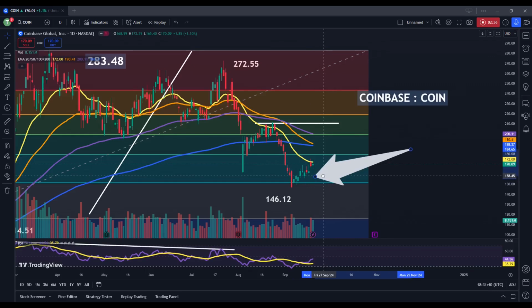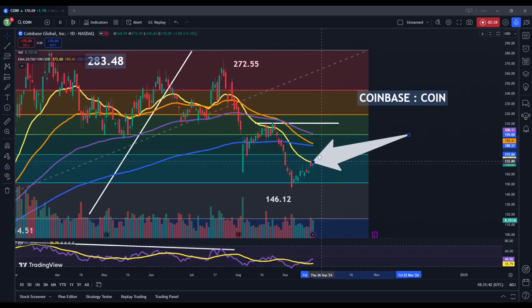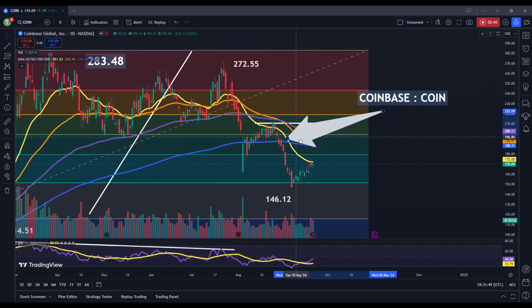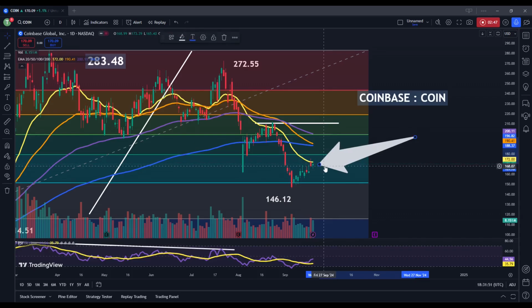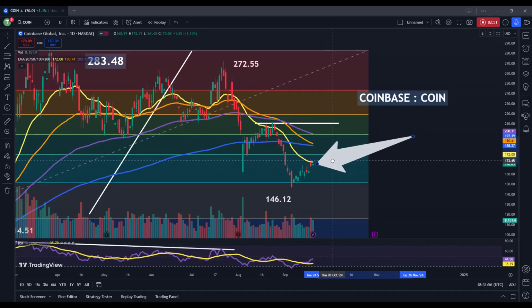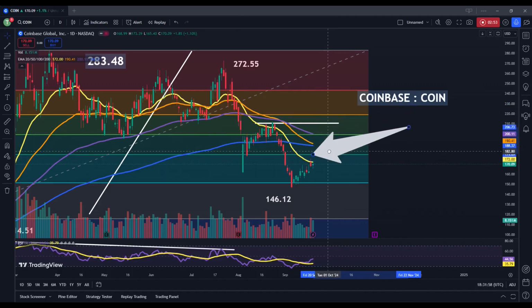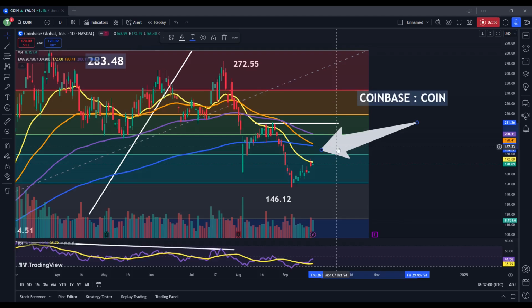There is still scope here for share prices to roll over and move lower, because what we're encountering currently is some resistance that is starting to be formed by this declining yellow line, which is the 20-day exponential moving average. If we're able to break above that level and move back into the exponential moving average cluster, we can then start to expect share price momentum to lessen to the downside. Essentially, this would take some selling pressure off of the stock.